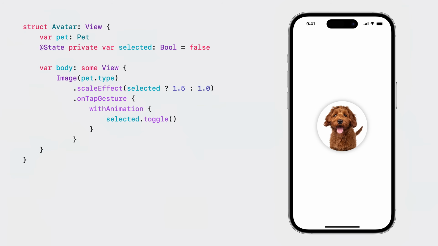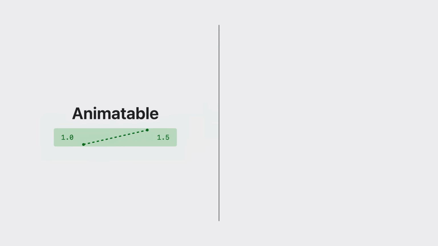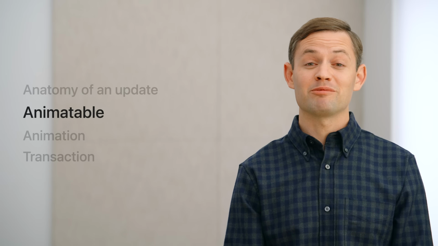Nice. When someone uses the word animation, they're probably referring to the overall visual experience of the way a view changes over time. What I've covered so far is that in SwiftUI, there are two orthogonal aspects contributing to the overall visual experience. Animatable attributes, like scale effect, determine the data being animated, while the animation determines how that data changes over time. I'll dive deeper into each of these in turn, starting with animatable, which determines what to animate.